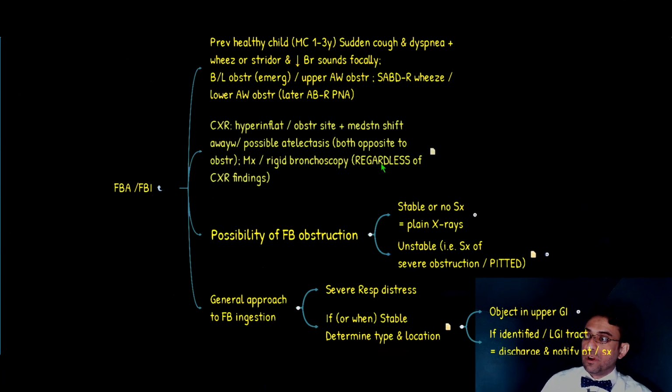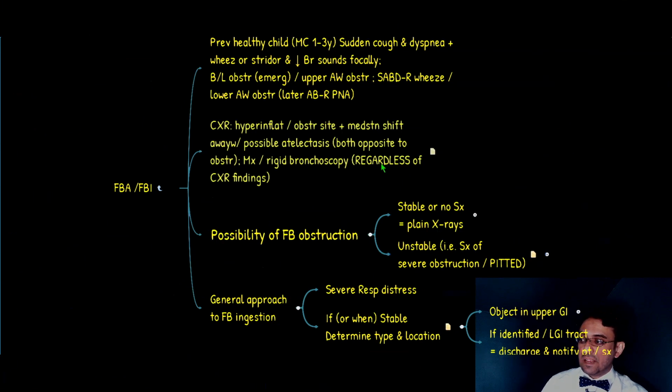If laryngoscopy and bronchoscopy are not successful, depending on the level of obstruction, we attempt cricothyrotomy for supraglottic obstruction. Remember, needle is the approach for children and those with laryngospasm. Or if it is in the infraglottic, subglottic region, we need it to be done in surgery. It's called surgical tracheostomy. If the patient, however, is stable after foreign body ingestion or aspiration, we perform lateral X-rays,